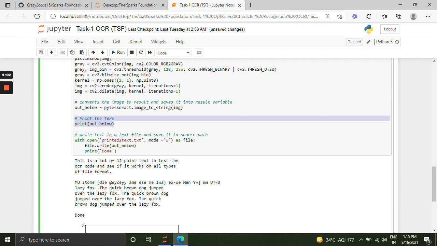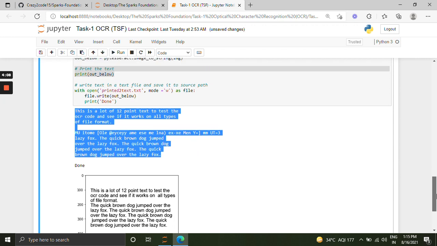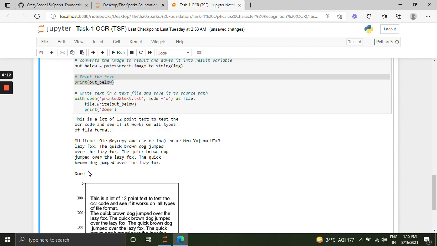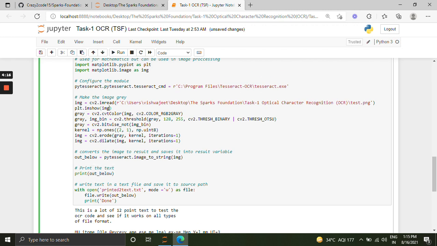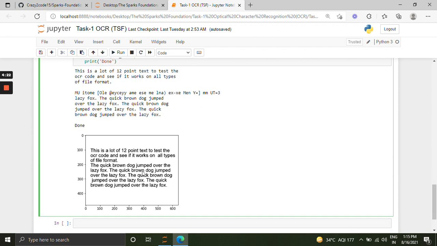The output is coming here for extracted text, and we are also writing this into a text file. The done is coming here, and we are also plotting the image. This is the final output for this plt.imshow. This is the image which we are using for extracting text.